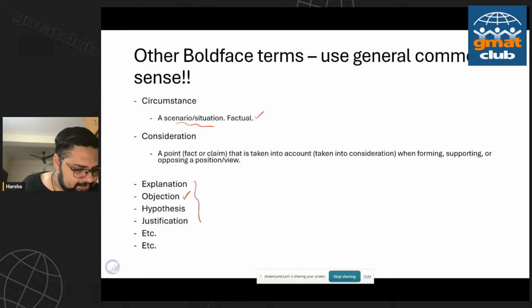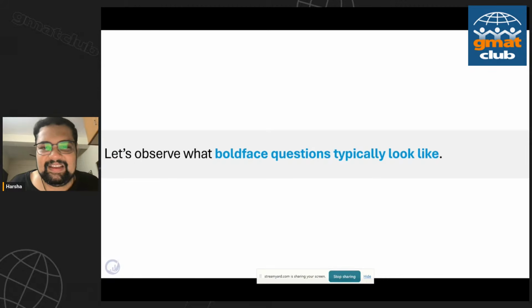So consideration is basically evidence or premise, right? A consideration is something that I'm taking into account. So as the name says, I have to consider this in order to either make a point or go against a point. So typically it is a premise indicator. It is a premise. I'm taking this into consideration in order to do something. That's how I would look at it. Just keeping it very, very simple, right? Think real life.